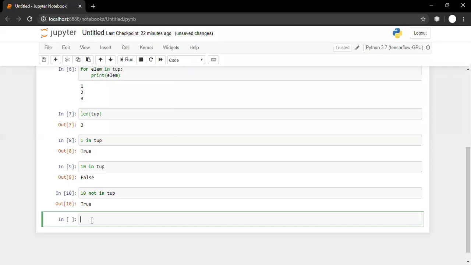Then when is tuple used and when is list used? Suppose you have some values and you are passing them to another function. But is it necessary that that function is written by you? It is not necessary. You are writing one part and another function is written by your friend. And what you want is that the one who is receiving the value should not be able to update the value. Then how can you pass the value?